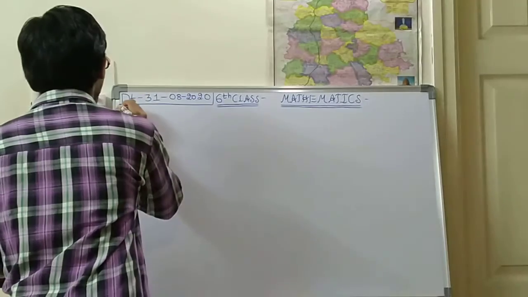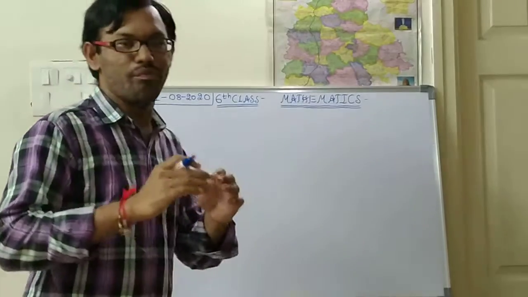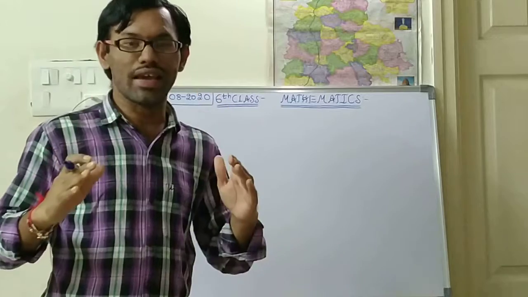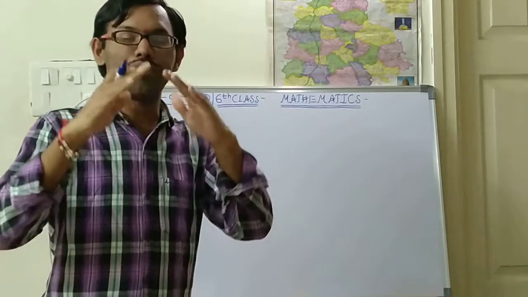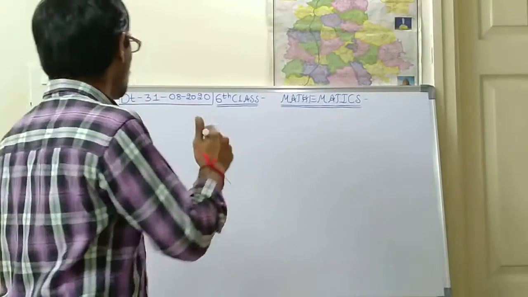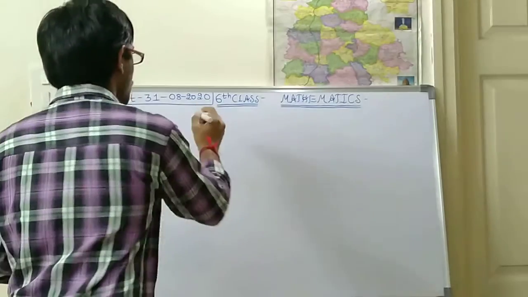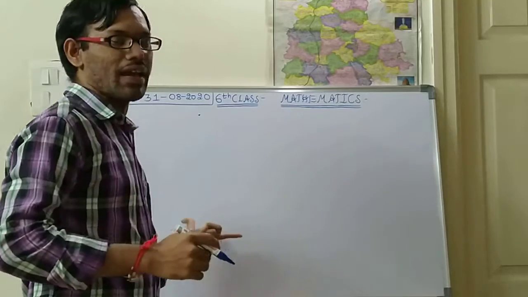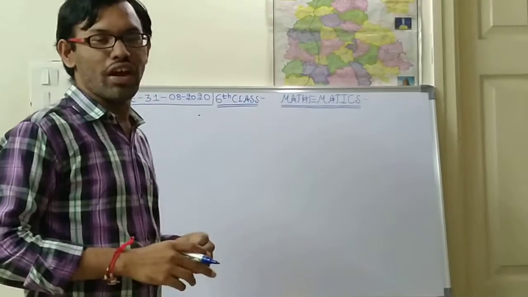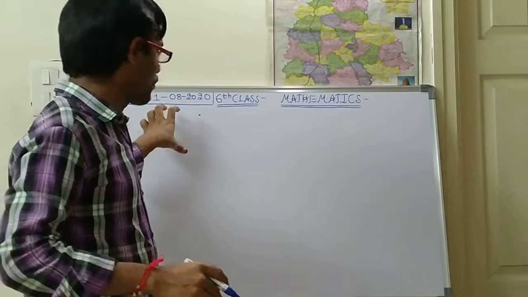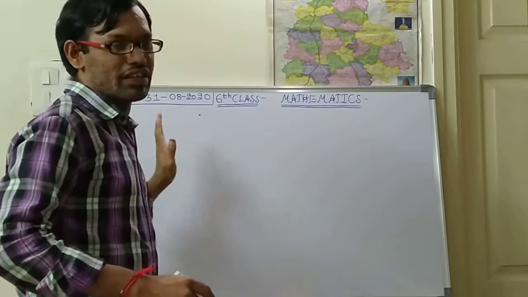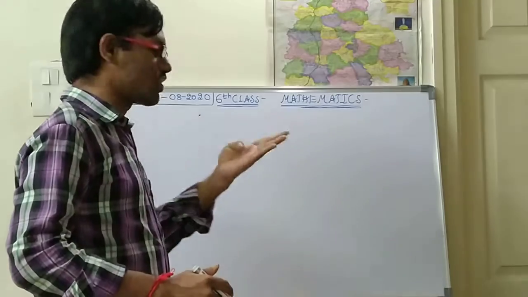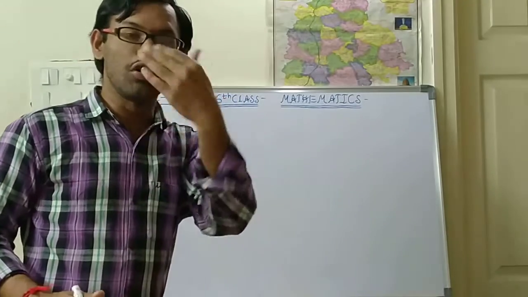So I said to make a pattern with a triangle. Make a pattern with the whole numbers of a triangle, with the help of dots. With the help of these dots, you should form a triangle, up to 5 steps. In yesterday's class we discussed 3 steps. So what are the next 2 steps? I told you to do the 4th step and 5th step.